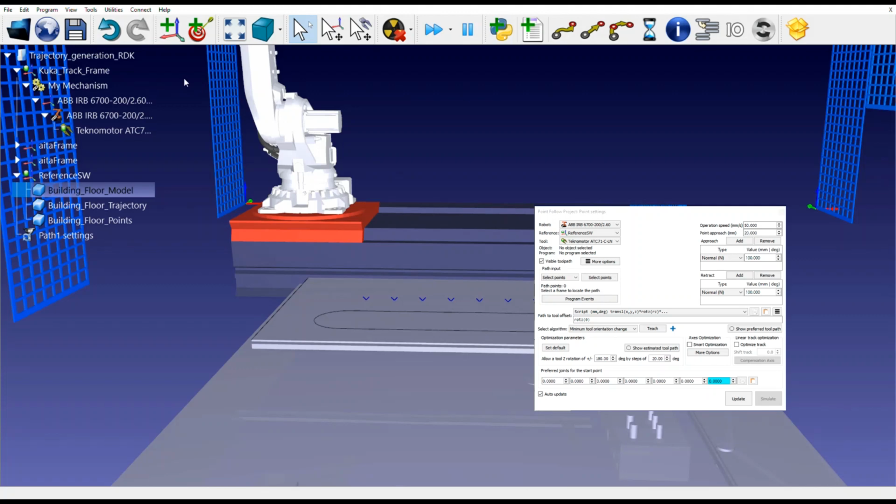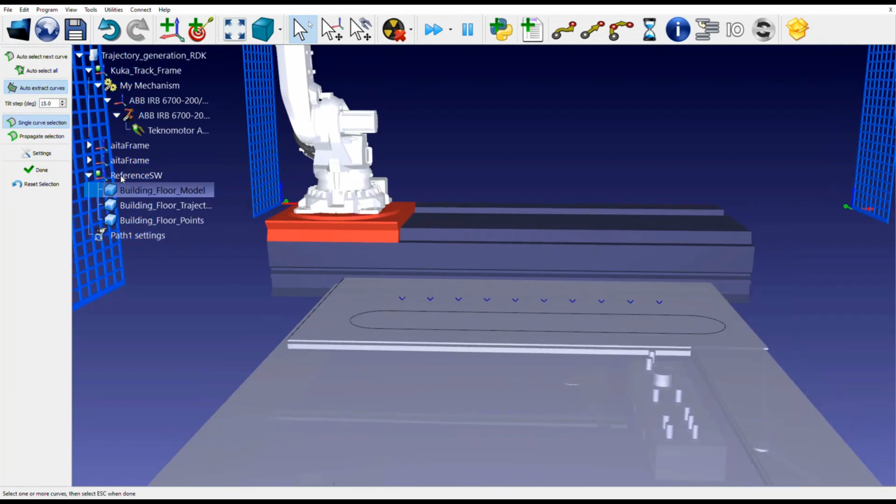First of all, make sure the correct robot is selected and you have unchecked the box Approach Retract Each Curve, because this is a continuous curve. We don't want our robot to approach and retract in each element. Next, click on Select Curve,